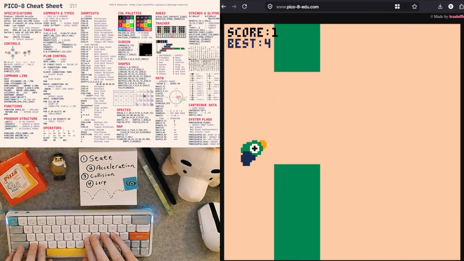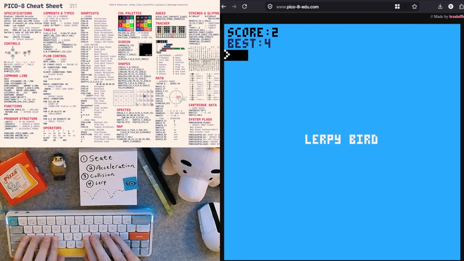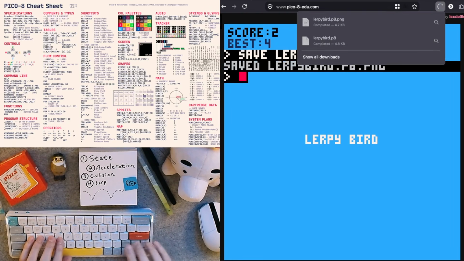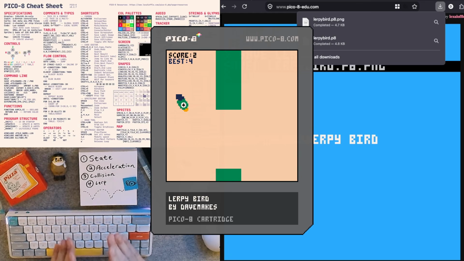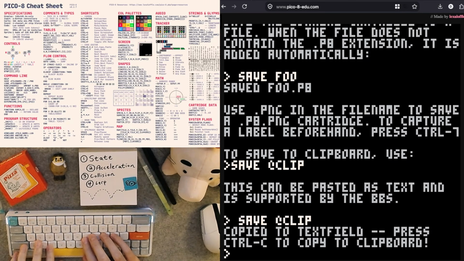You want to hit Control-7 and it'll say capture label image. And then you can do save lerpybird.png, and it will save that image cart with a cover of that screenshot you took and the title and the name. You can also do save at clip and press Control-C,